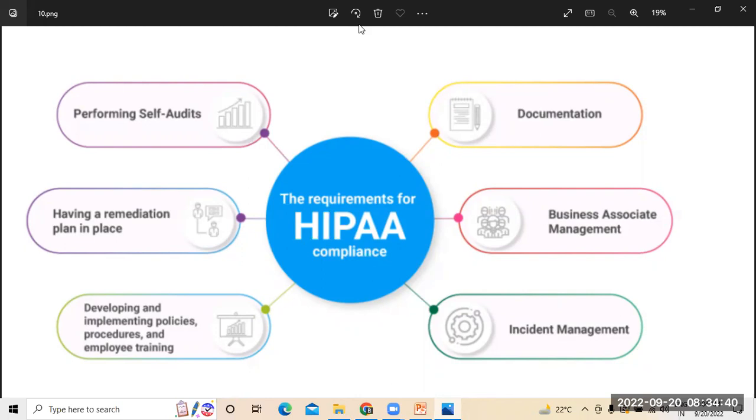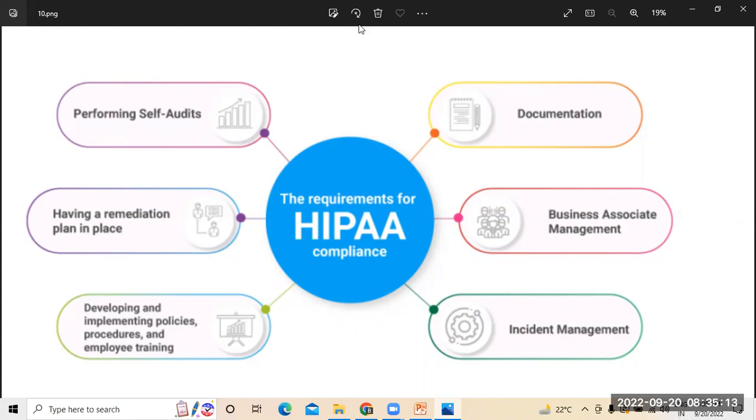It's not majorly required for other roles due to their responsibilities, and it is not something relevant to them. But when it comes to the role of a business analyst, what we need to understand about the requirements for performing HIPAA compliance are considered and divided into 6 different areas.